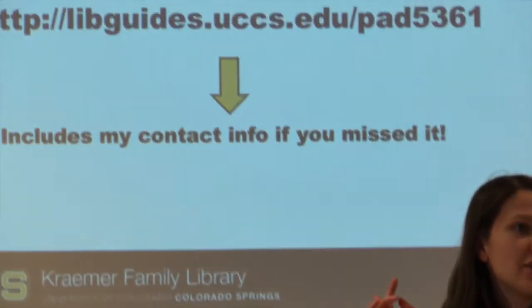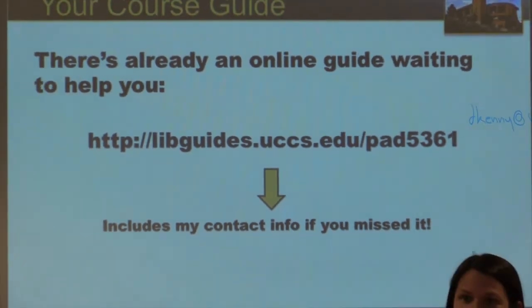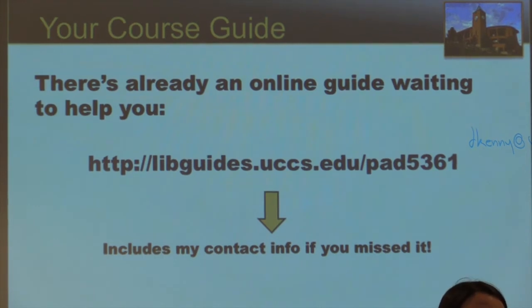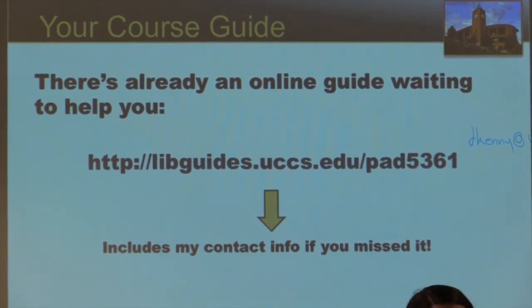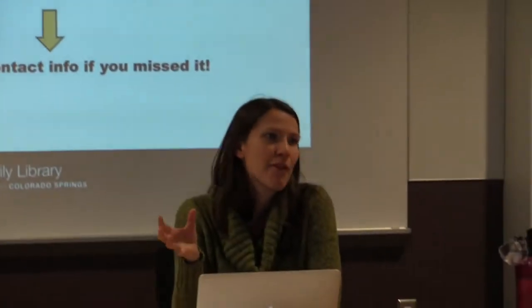Also, if you're one of those DIYers, you like to do it yourself, you want to get a head start, there's already an online guide for you to go to. You can go to this link. It's also available right off the library's website, and it walks you through the process of what other capstone students have found useful when they're doing their literature review, whether it's finding scholarly articles, going for government research, or even using that RefWorks thing. It gives you an online place to play with. It also has my contact information, of course, too.